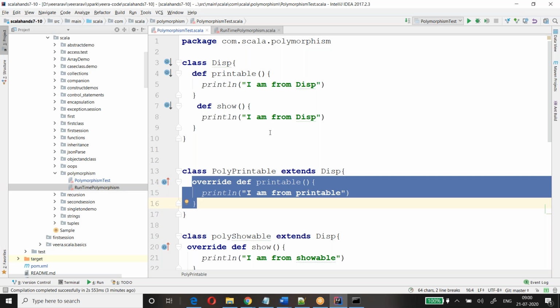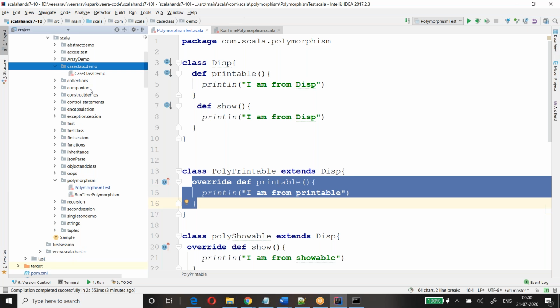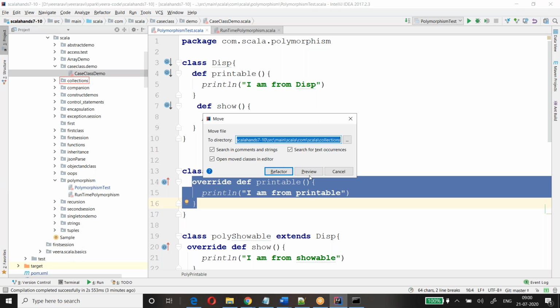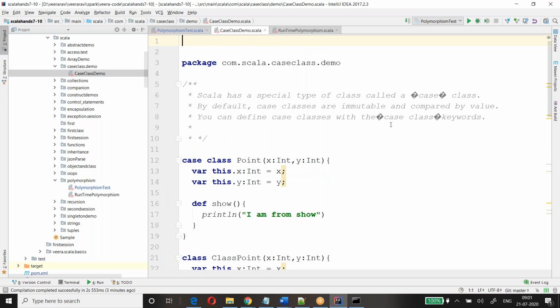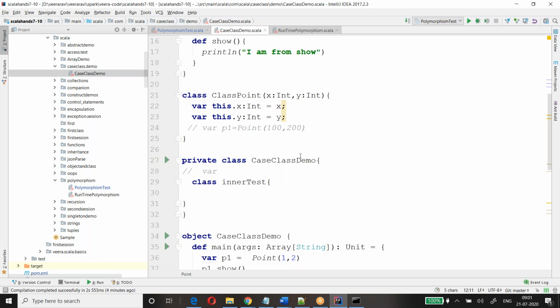Okay, there is one more concept before we jump into the main part of collections. There is something called case class. Another important one. This is really important, because people will ask in interviews, what is a case class? I'll just give an introduction of this and we'll stop here, and when we connect next session we'll talk about